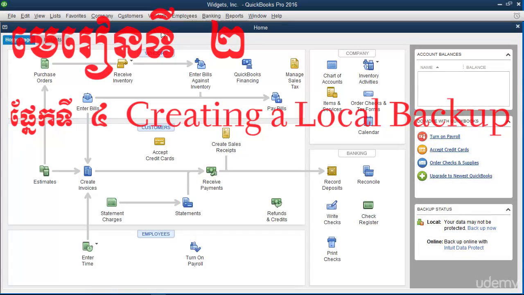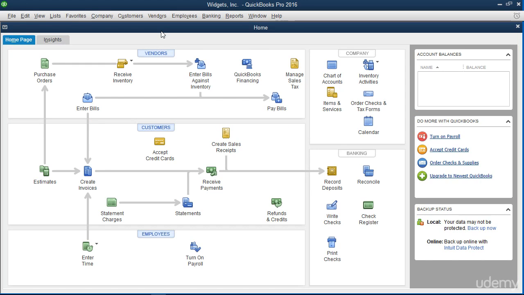You should always back up your data to prevent data loss. You must be in single-user mode to do this. QuickBooks recommends you back up your files daily. That way, if the data in your company file becomes corrupted or lost, you can restore a copy of the